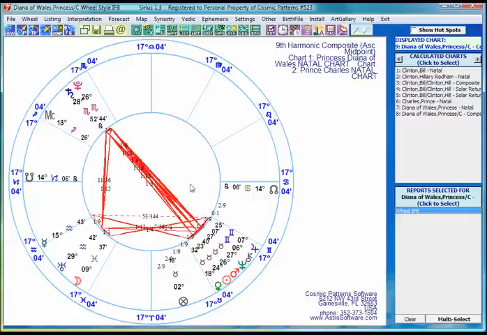So anyway, it's interesting. You've got this 9th harmonic chart of a composite chart. So you can do creative things. You can do these things very, very easily. Kepler and Sirius don't really care. Now, what other things you might want to do? Maybe you want to explore an